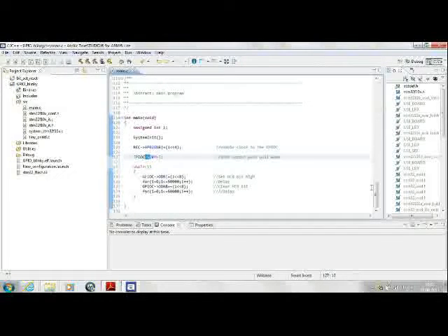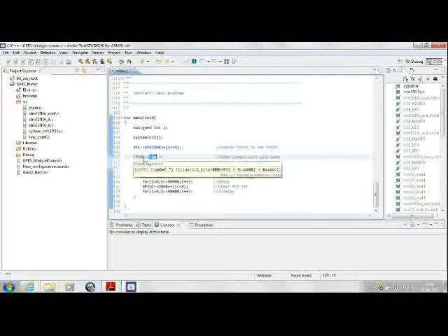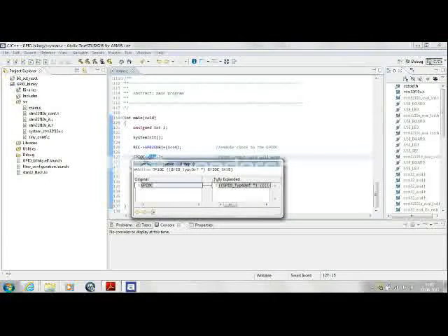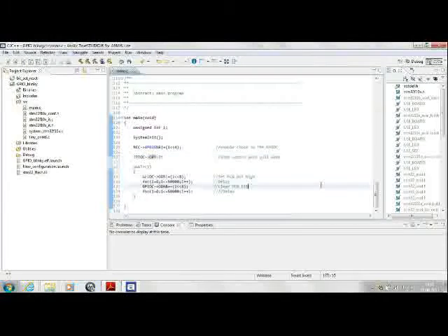in later sections what is CMSIS compliance of Cortex M3. For now, just remember that if you want to access one register, say CRH register of a particular port, what you have to do is, you have to write the GPIO-X value here. C is the port that we are using, and it will tell you everything about it. And you have to write the name of the register that you want to access after you write this dash and arrow. So we are equating it to 2 now, as we have decided. The comment tells you why we are doing it. It's a 2 megahertz output with a push-pull mode.